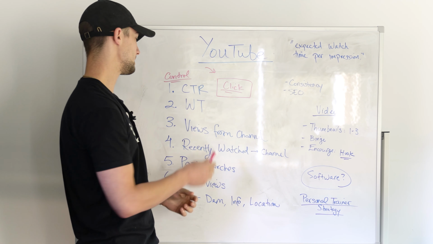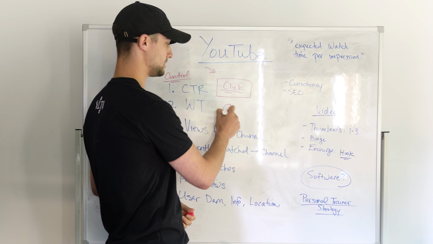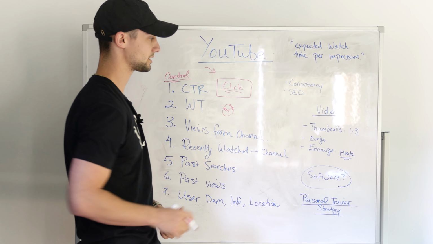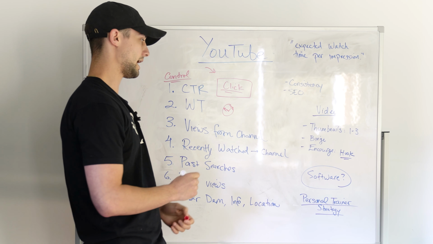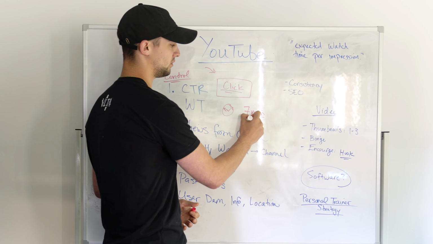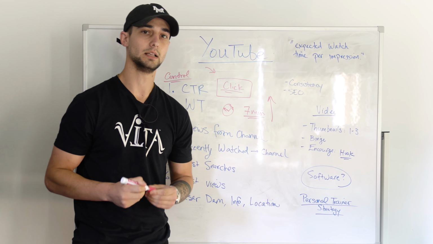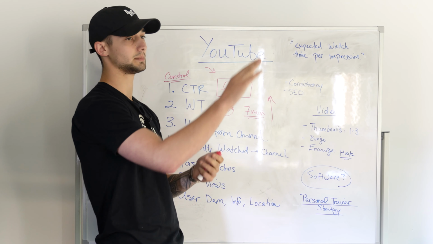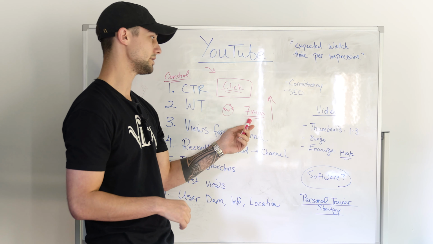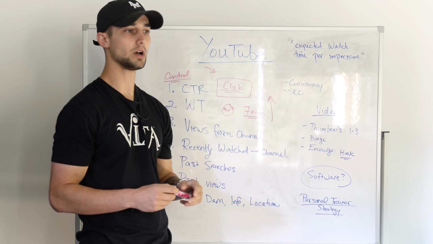The next thing that's also controllable is watch time. What percentage and for how long do people actually watch your video? After doing a lot of research on this, 7 minutes is the amount of watch time that's actually going to bump your video up and allow YouTube to pick it up, and sometimes it will take off even if you have a small channel. So trying to get your watch time up to 7 minutes is going to be beneficial,